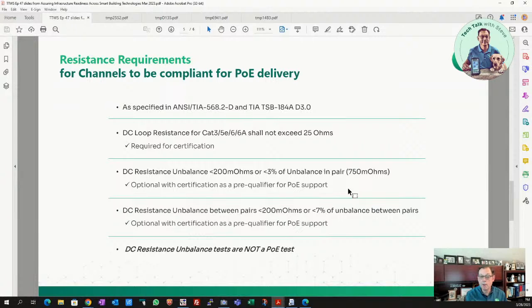And that's just comparing, that pair-to-pair compares the DC resistance value of one pair to all other pairs. So it looks at every possible combination. And again, I mentioned earlier, DC resistance unbalance test is not a PoE test. If you hear somebody call it a PoE test, it's not. It's a resistance measurement, and it lets you know that that cabling should support PoE, but it is not